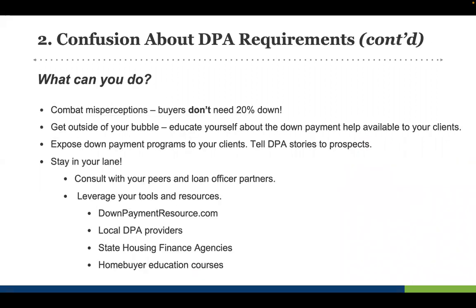What can we do? We obviously have to combat misperceptions in our marketing, in our social media engagement. Anywhere we are engaging with, especially first-time home buyers, they need to know first and foremost, you don't have to have 20% down. That is not a hard and fast rule. There are plenty of other legitimate ways to get into home ownership. That's step 1, right? Start combating that misperception, because it's shocking how many buyers out there actually believe that.